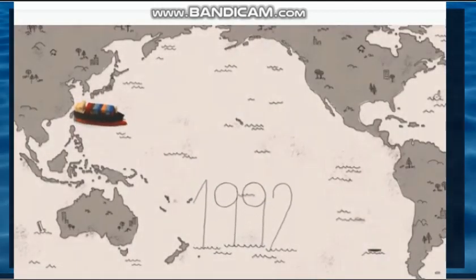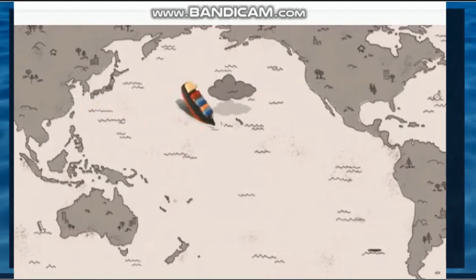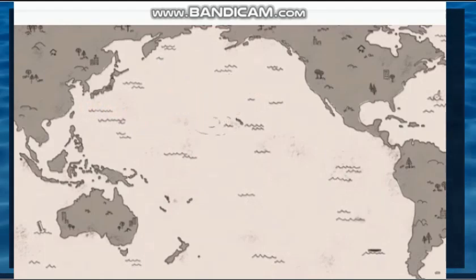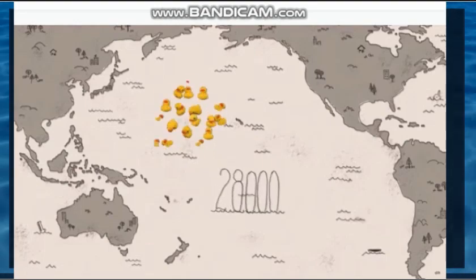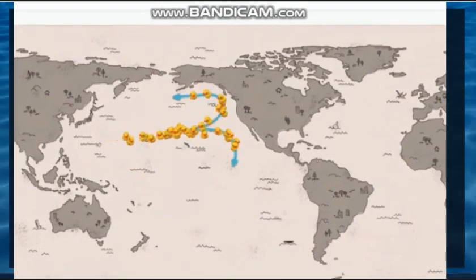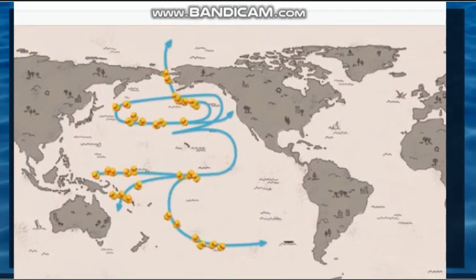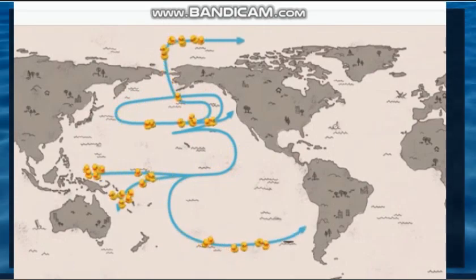In 1992, a cargo ship carrying bath toys got caught in a storm. Shipping containers washed overboard, and the waves swept 28,000 rubber ducks and other toys into the North Pacific. But they didn't stick together. Quite the opposite. The ducks have since washed up all over the world, and researchers have used their paths and